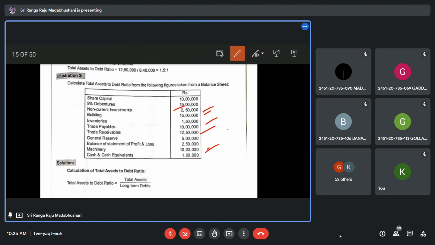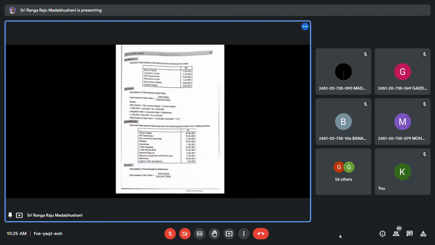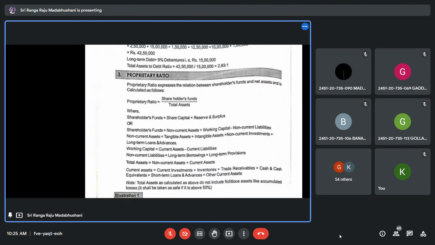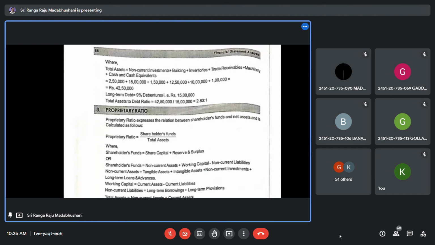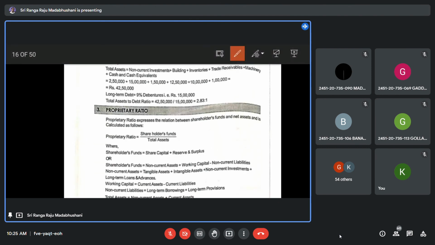Now the total assets: non-current investment, building, inventories, trade receivables, machinery, cash and cash equivalents come to total assets of 42 lakh 50,000, and long-term debt is 9% debentures of 15 lakhs. So the total assets to debt ratio is 2.83 to 1. So by this we completed